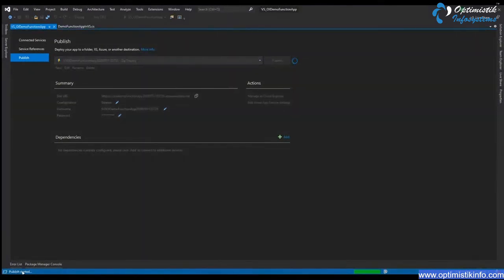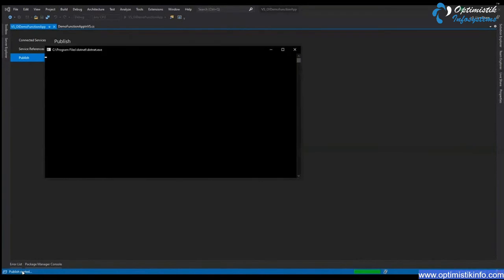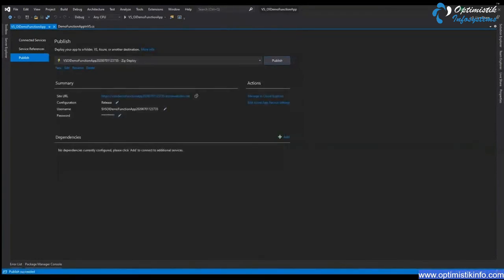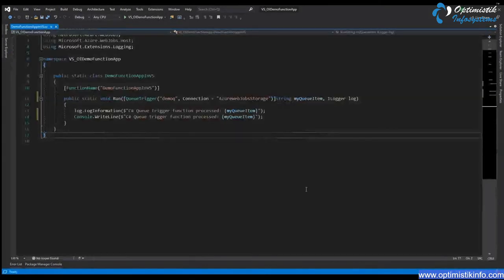It says publish started here. If you want to see the details, what is going on, you can open the output window wherein it actually puts all the logs. Anyways, right now it says publish succeeded. That means there was no error publishing this application. And I go back to the portal